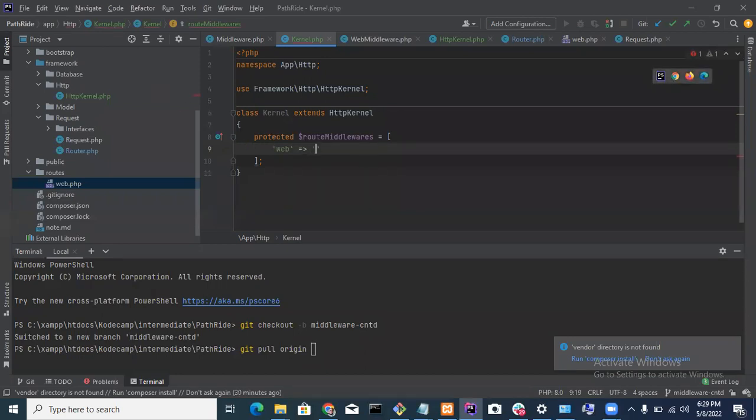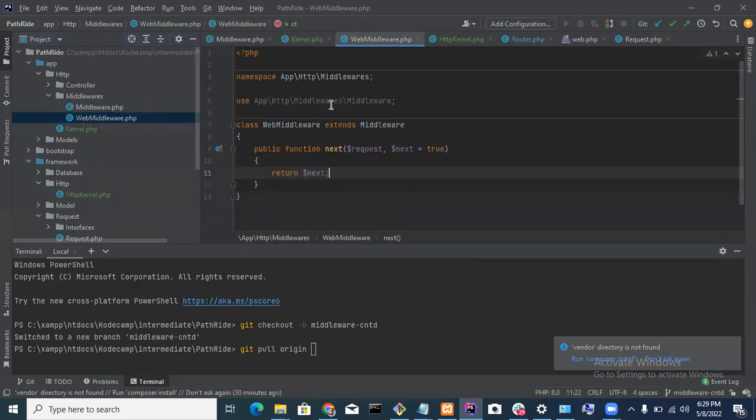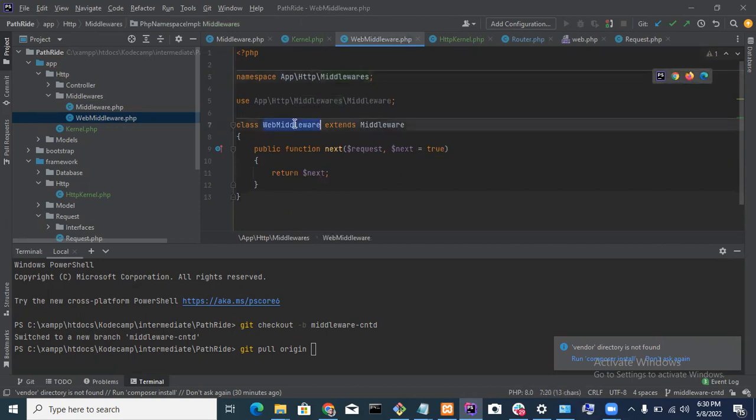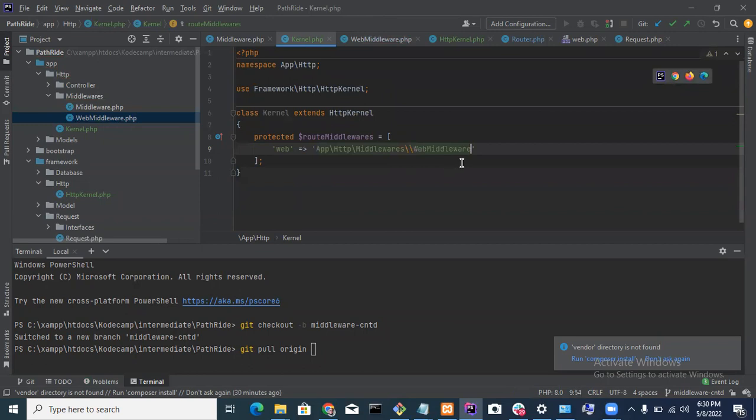So I have a namespace of app slash. I have this now, just for test.